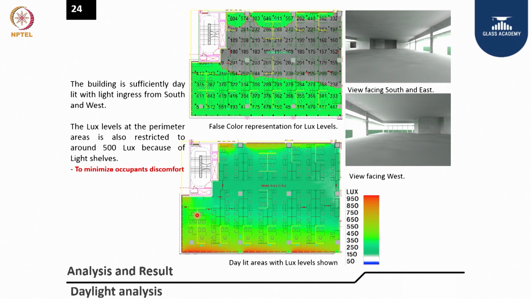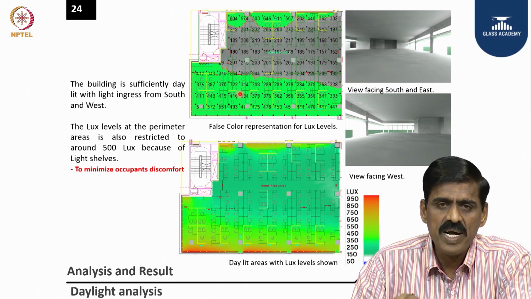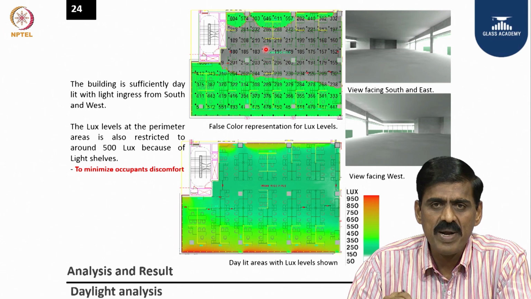So this also helps you in glass selection. If you have more daylight penetration, suppose here you have 640, and suppose you are getting 1000, 1200, you can put a light shelf and make this space also a little more daylit. So this gives you a design direction after doing the daylight analysis for a particular work plane.